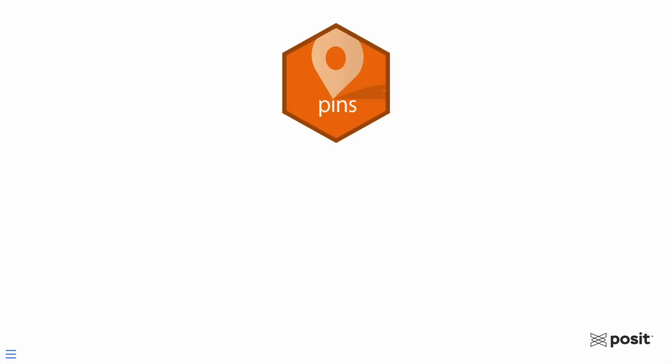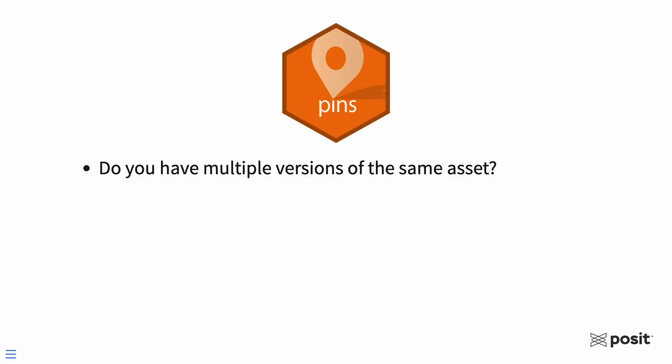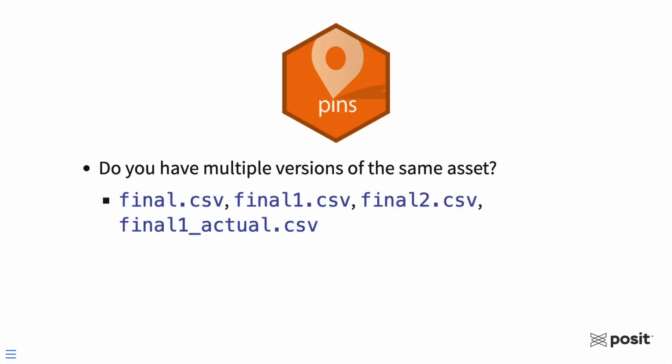In this first scenario, have you ever created an asset, maybe like a piece of data, that you thought was the final version of the data, but then you had to go back and make some edits and create another final version? And rather than overwriting the original data set, you decide to give it a new name. And maybe you go through this process again and again and again, and you end up with multiple final versions of a data set, and no one knows what the true final version is.